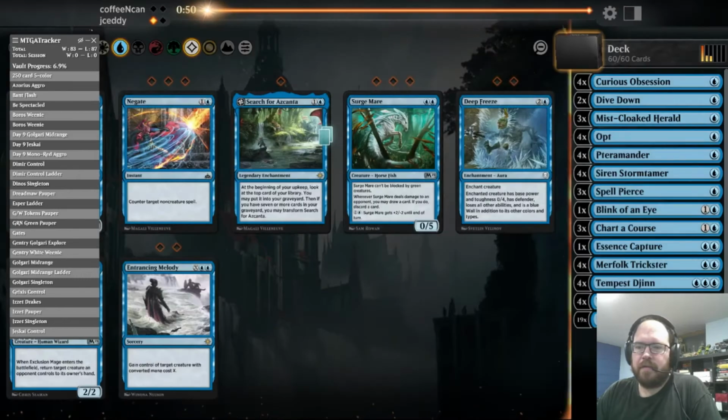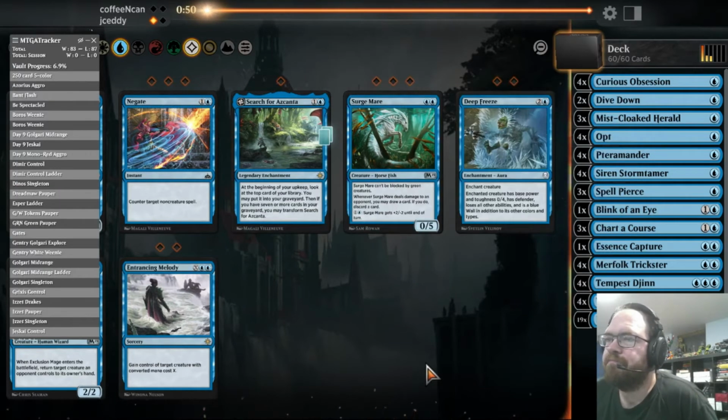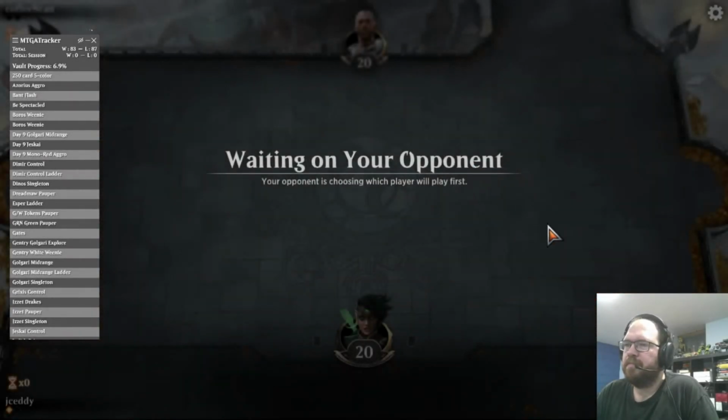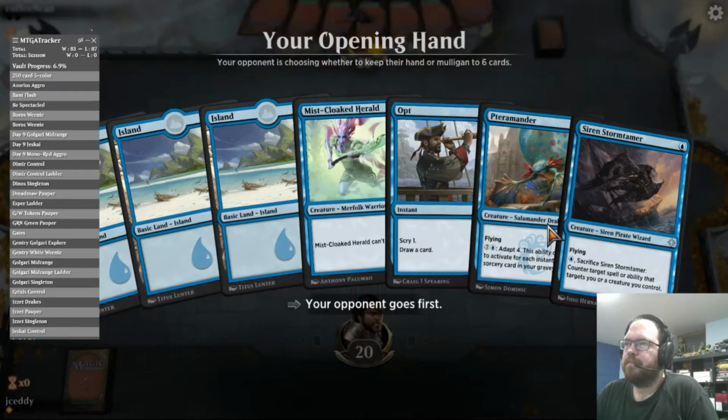Let's go to sideboards. Entrancing Melody. You know what? I don't really know what I'd want to play differently. I don't know if they're going to sideboard against me. I got the protection I need. I kind of want an Entrancing Melody in there to steal one of their big cheap things, especially because I can steal knights with it. You know what? I'm just gonna...